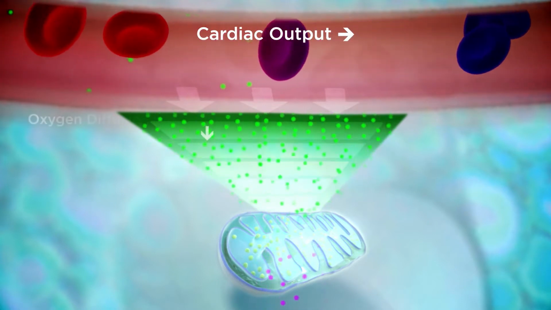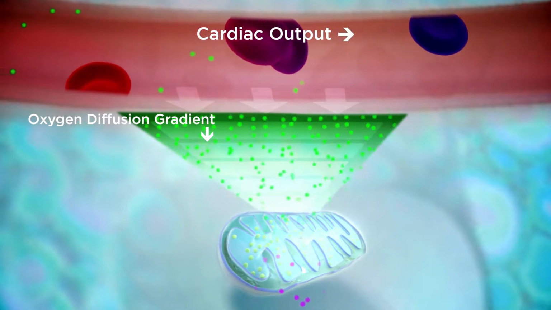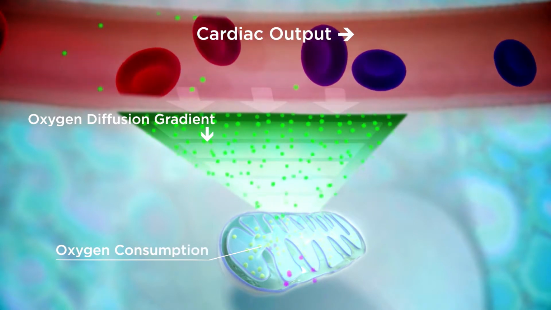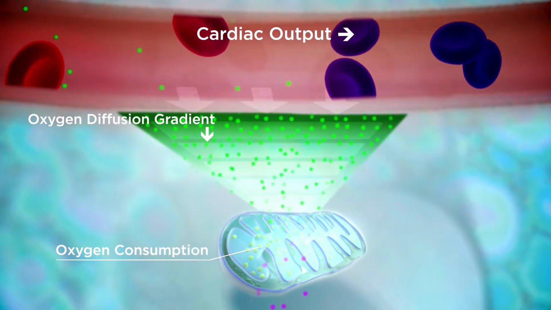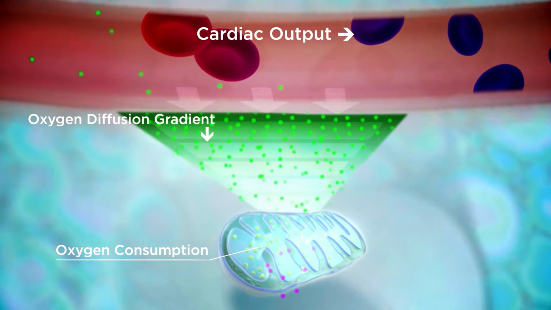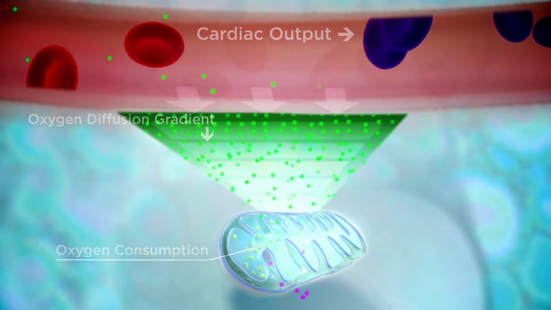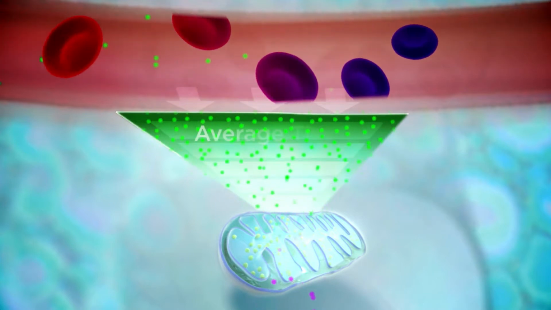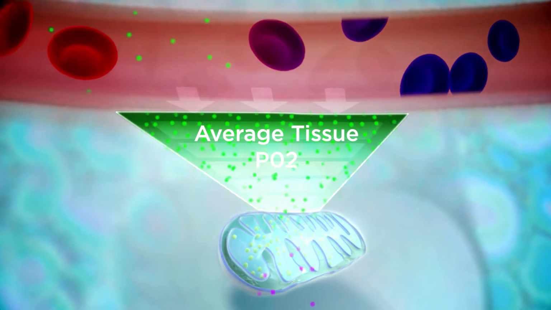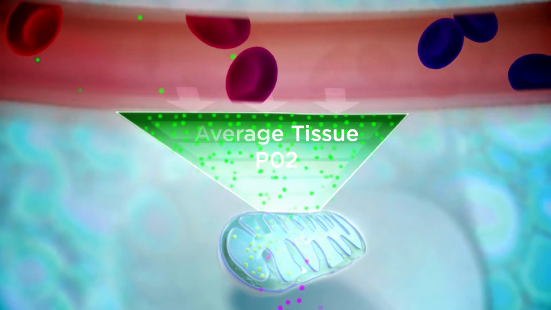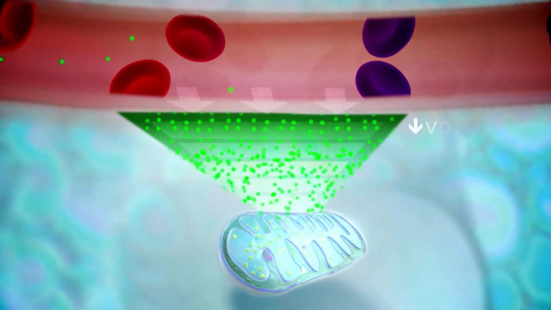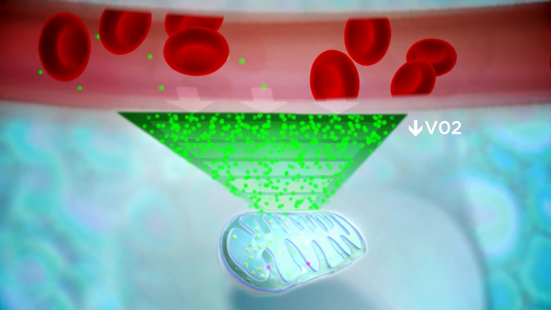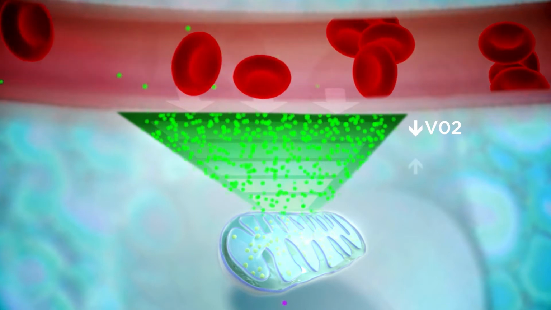Molecular oxygen is carried primarily on erythrocytes to tissues, such as the brain, by continuous blood flow. Oxygen is in turn continuously consumed by the mitochondrion, where it serves as the terminal electron acceptor in the electron transport chain, reducing oxygen to water. This creates a diffusion gradient for molecular oxygen from the capillary to the mitochondrion, a gradient that is always in flux. If oxygen consumption decreases, as it does during hypothermia, the composite oxygen tension in the cells of the brain,